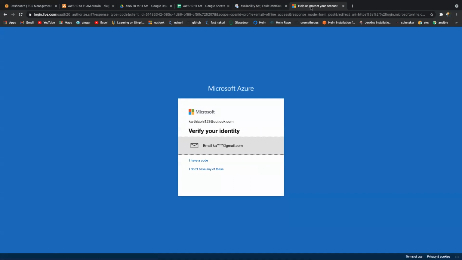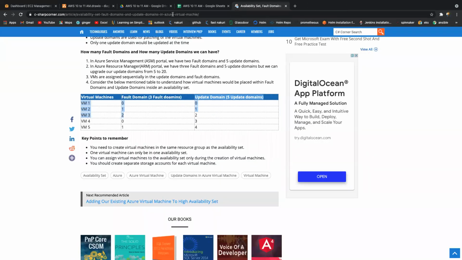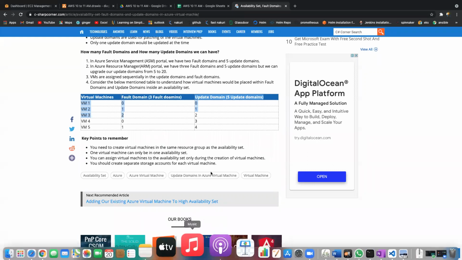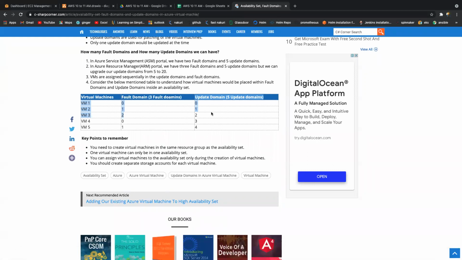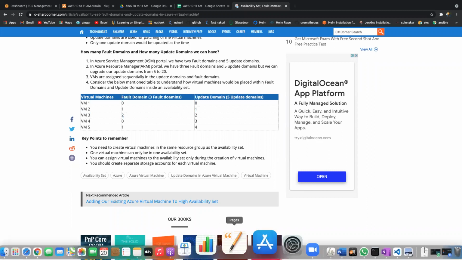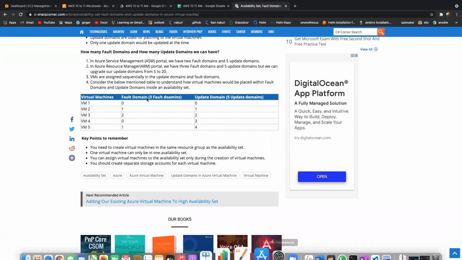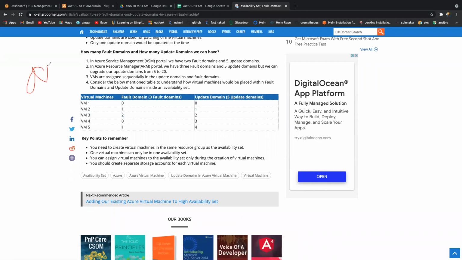Karthik, one question. It's suspended. Yeah, go ahead. How are we able to create these virtual machines? I didn't understand that concept. How are we able to create this? Okay, in Azure, manually we need to set up. Manually, we have to define the value for fault domain and update domain. But in AWS, by default, they have integrated this.